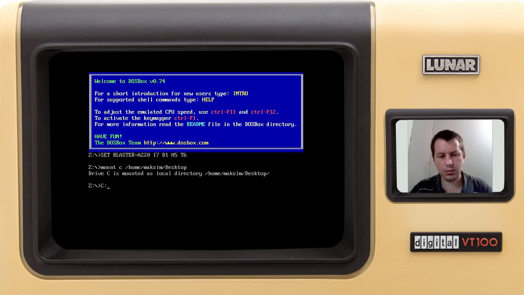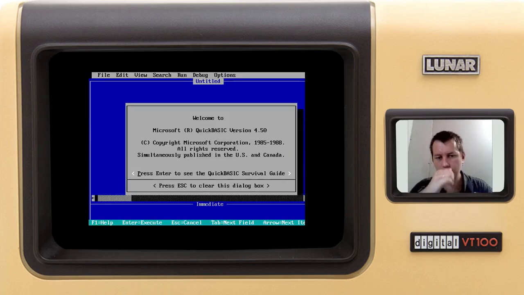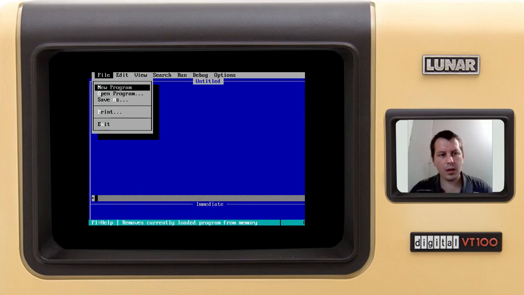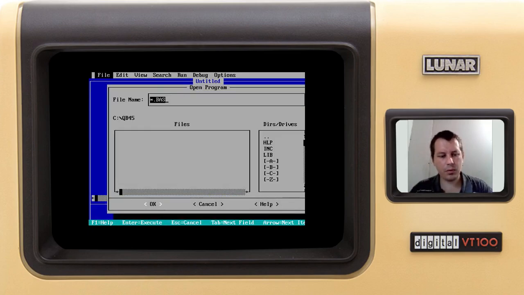Okay, so let's go to the C drive and cd to Quick Basic. I've downloaded version 4.5 and qbasic.exe, and here we go. Now File, Open Program, and retro chess, and this